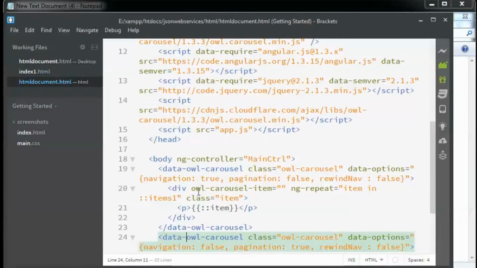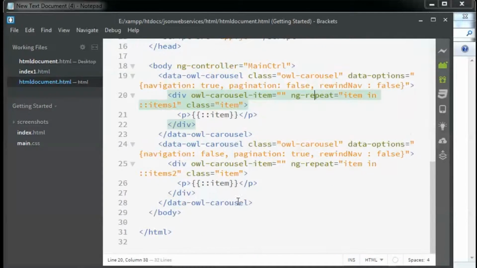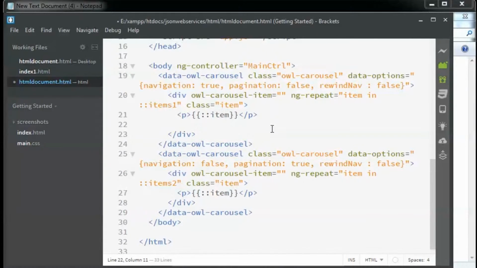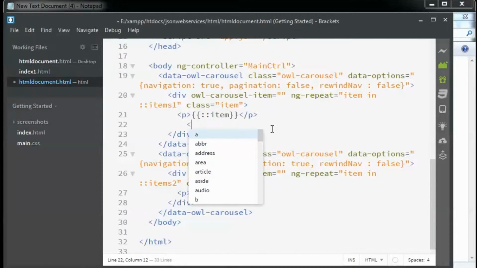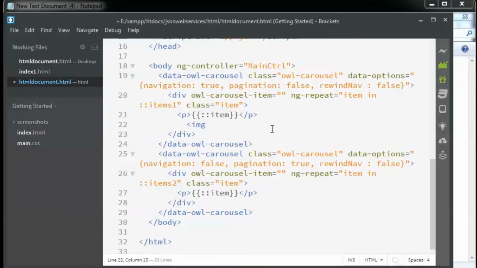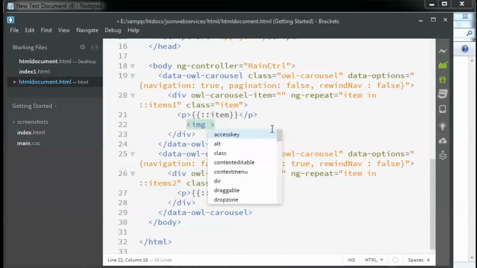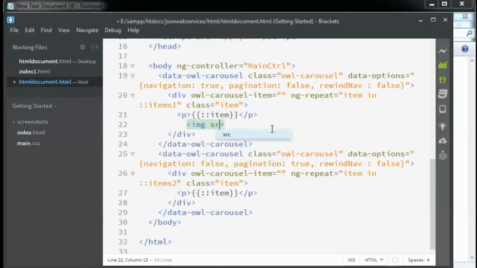Let me see where exactly the ng-repeat is. Here is the ng-repeat. So we need to put our images inside the ng-repeat. Let me put in my first image tag. For the image tag you need to put in a source attribute, src. I'm going to set some source image.